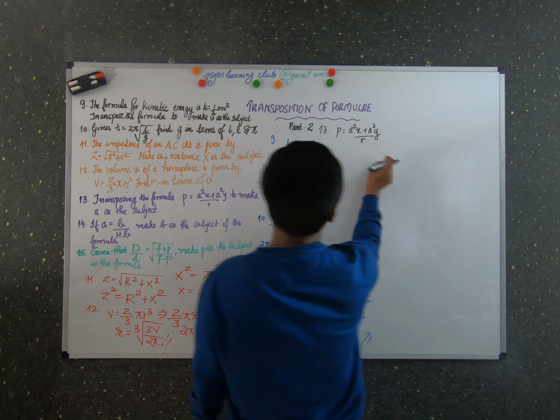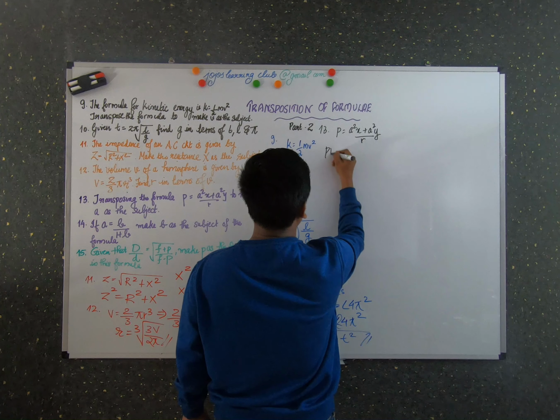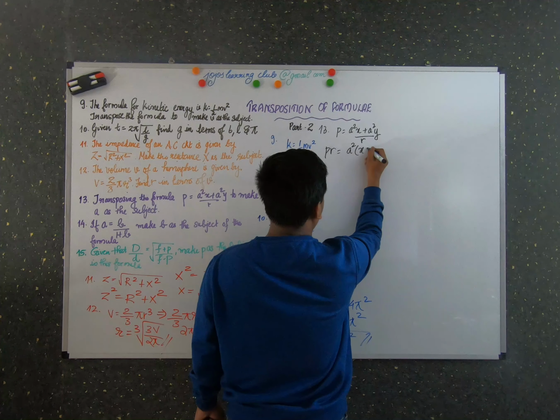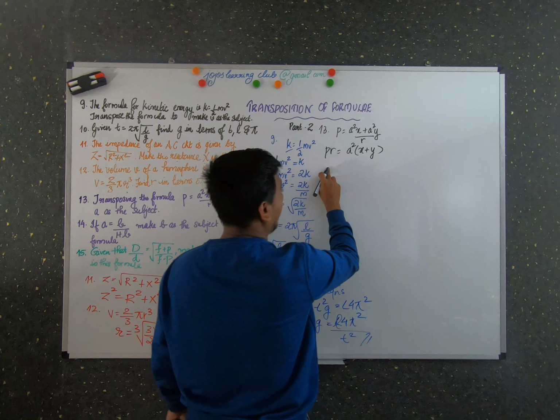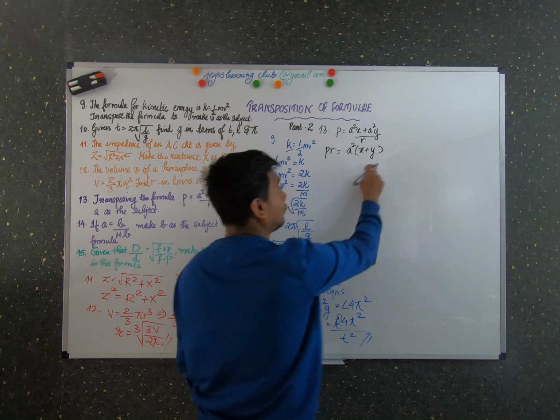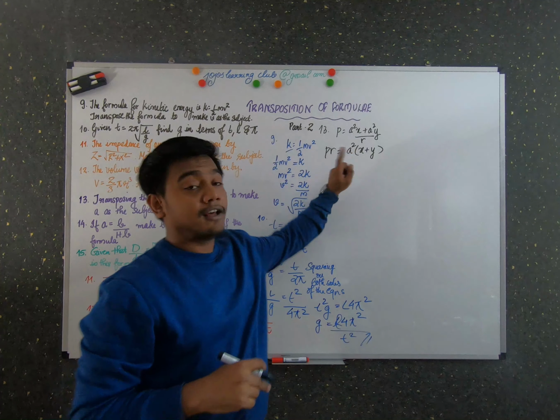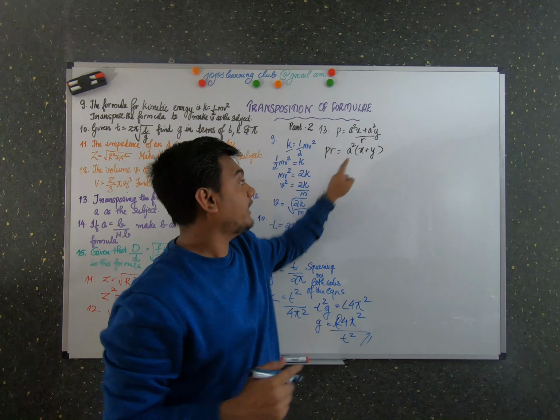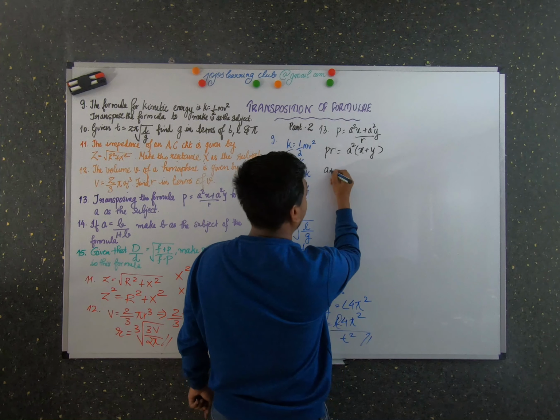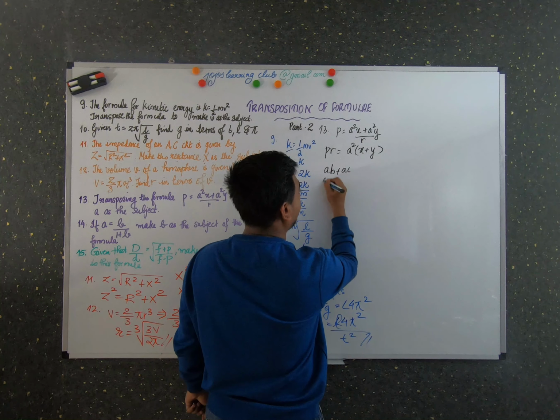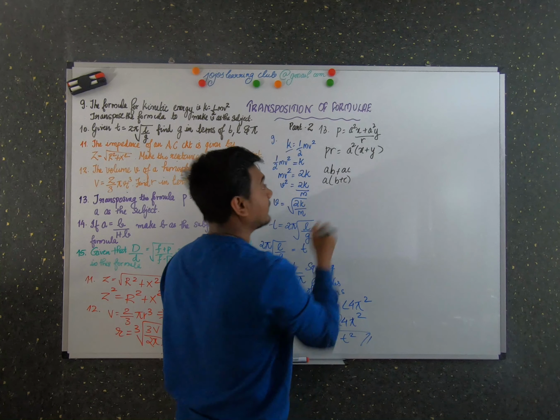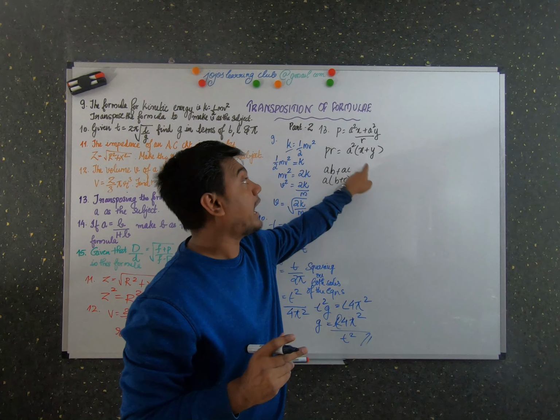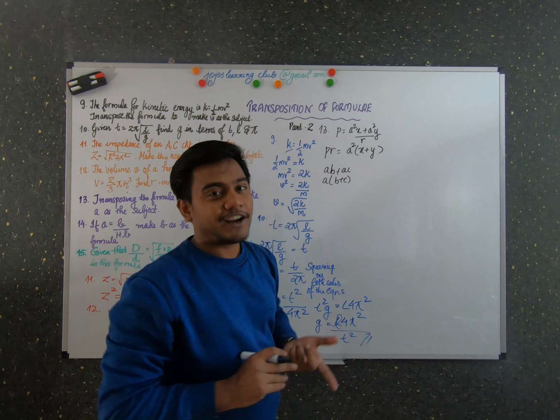For that, first I am going to cross multiply and remove all these fraction parts. PR square is equal to, I am going to take it as common, so it is a bit easier. So PR is equal to a square into x plus y, right? Remember the formulas in what you have learned in algebra. If you have an equation AB plus AC, you can write it together as A into B plus C. Similarly, what I have done, I have grouped together the terms with a square and wrote a square outside of the bracket.